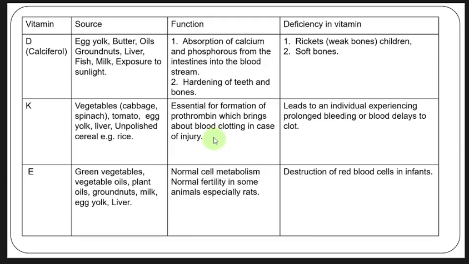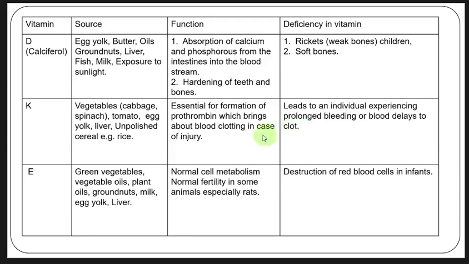And there's a substance called prothrombin that helps in blood clotting, and that is formed by the use of vitamin K. And lack of vitamin K leads to an individual experiencing prolonged bleeding or blood delays to clot. So if you have seen individuals whose blood does not clot quickly, then it means they are lacking vitamin K